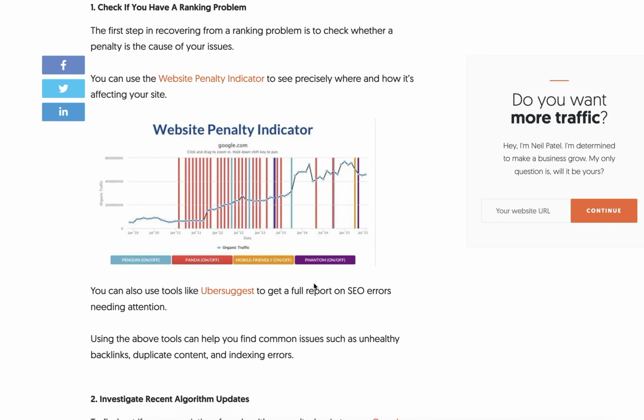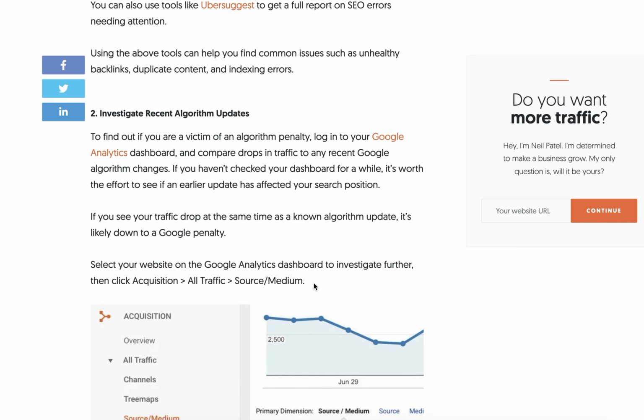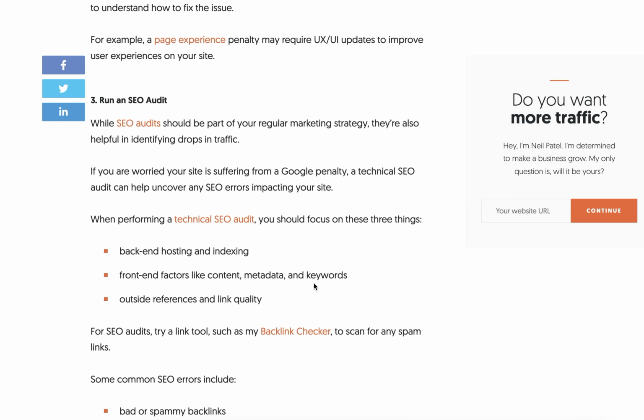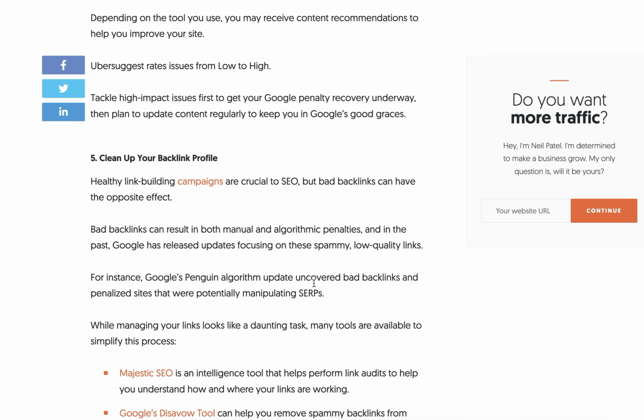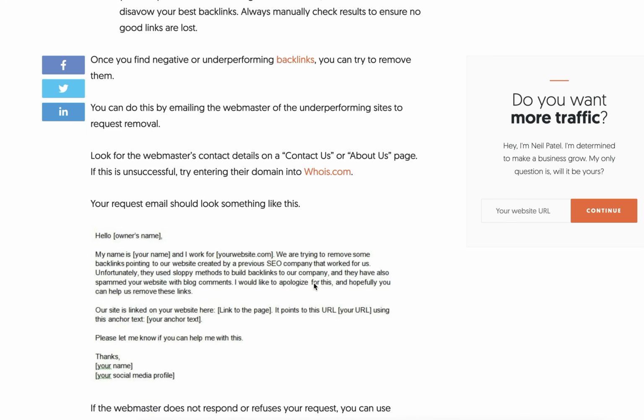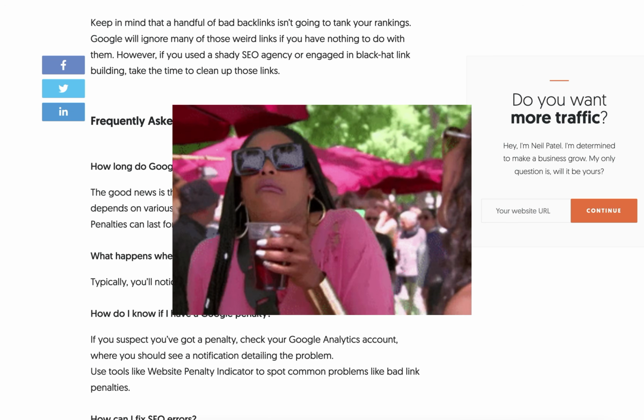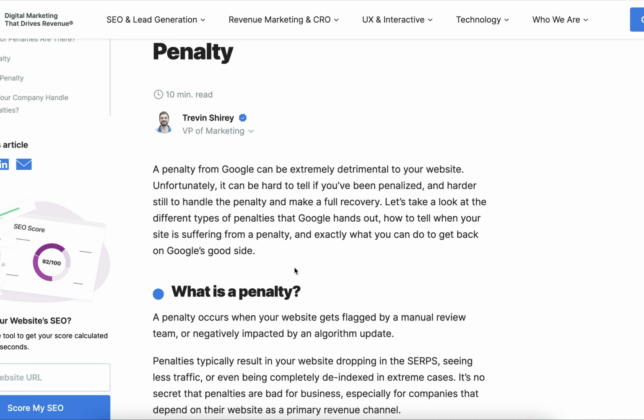Number one, check if you have a ranking problem. Number two, investigate algorithm updates. Number three, run an SEO audit. Number four, run a content audit. And five, clean up your backlink profile. And that's about it. And as we continue, I found the next website, WebFX, which is one of the largest